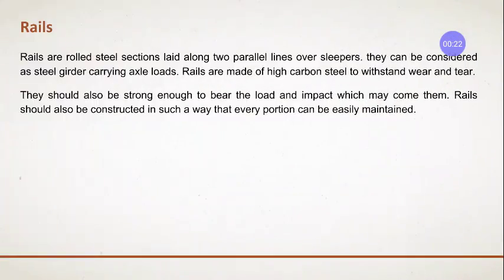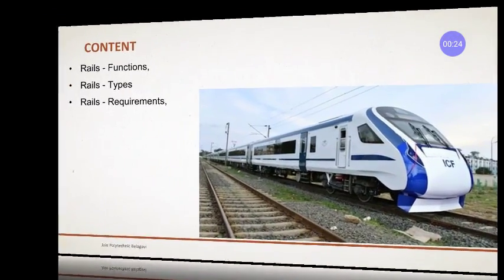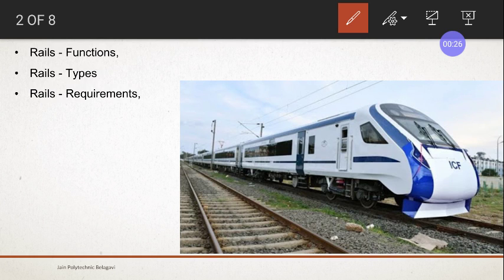If you can see this image here, these are your steel girders that will allow the movements. Here also you can see over which the train is moving. These are your rails. Now we will see which type of rail these are and which type we are going to use. So these are your rails.